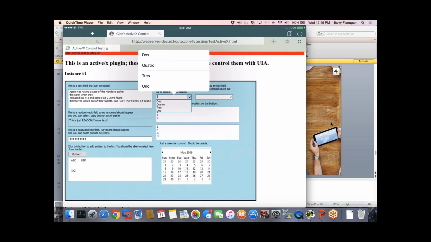So I want to close the demo. One really powerful app, a Silverlight demo. Very similar to